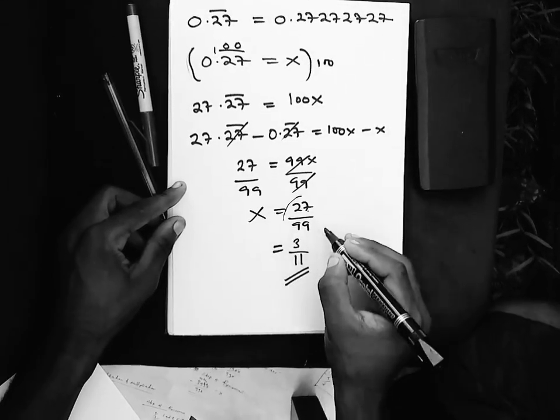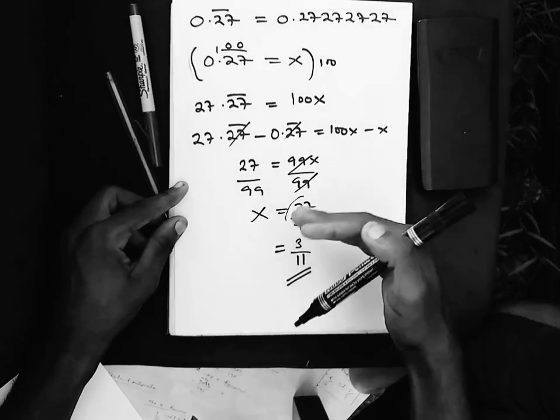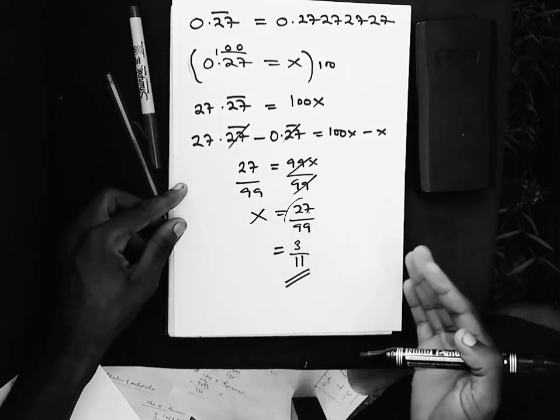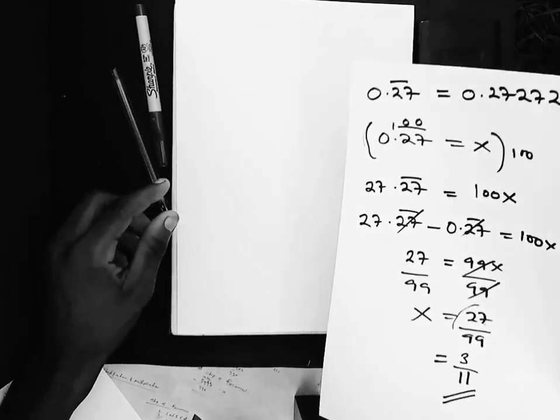At this point, use whatever method you think works for you to reduce this into a fraction that is not going to have common factors, where both a and b do not have common factors, or they are in their lowest form possible. Okay, so we are going to do our last example, and this example is going to be